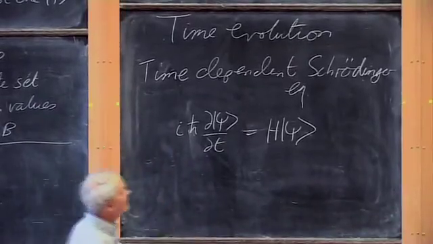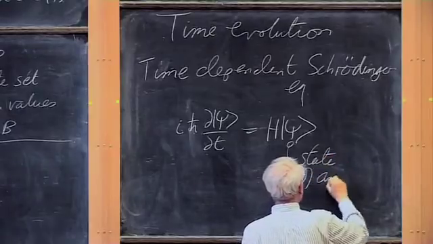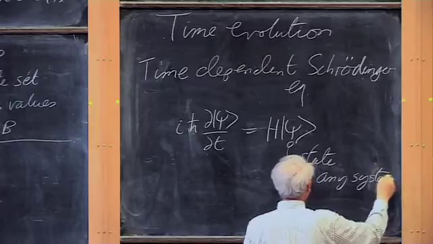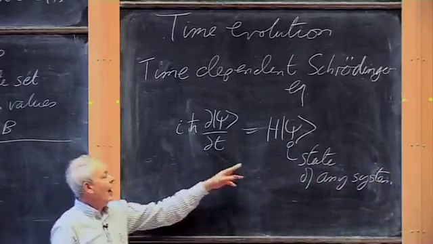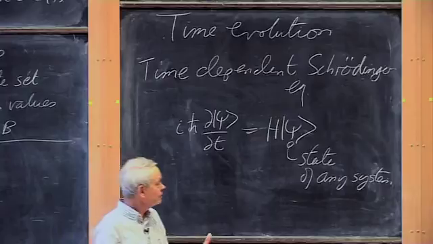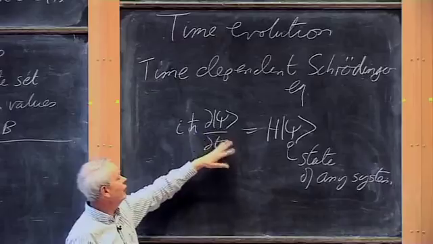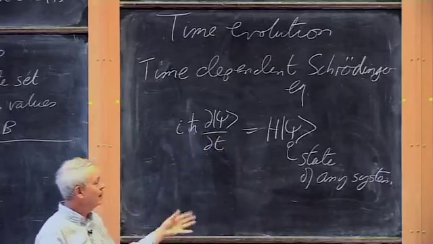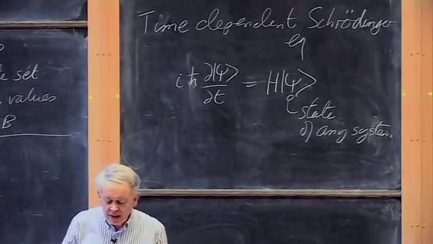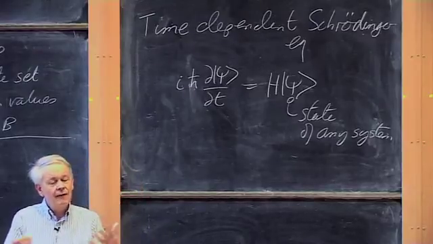Okay, and this is the state of any system. So it's completely non-negotiable for a state which purports to describe a real physical object. It has to satisfy this equation. It tells you how the state evolves in time. It's, of course, a very abstract object. At the moment, it won't be telling you much. And at the moment, I can't connect it. We will be connecting it very shortly, but just at the moment, I can't connect this,